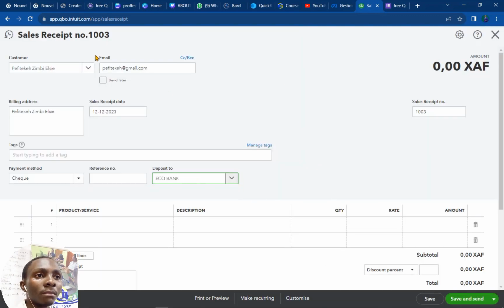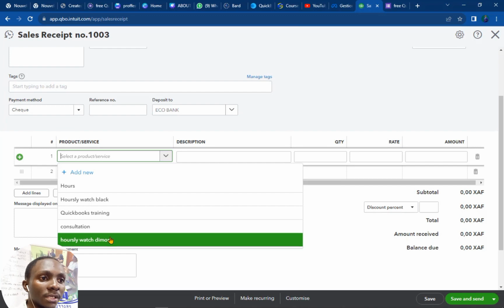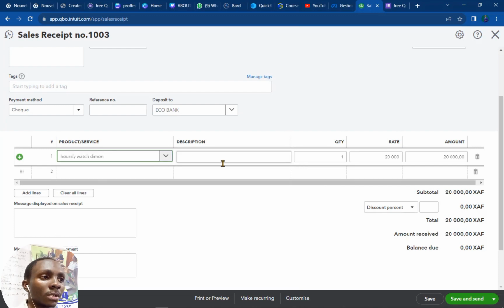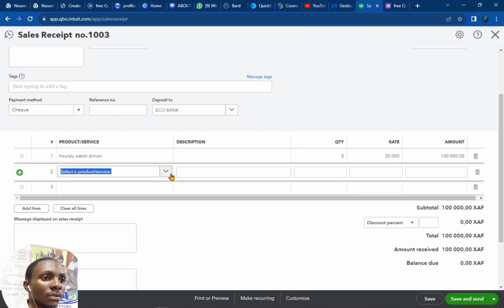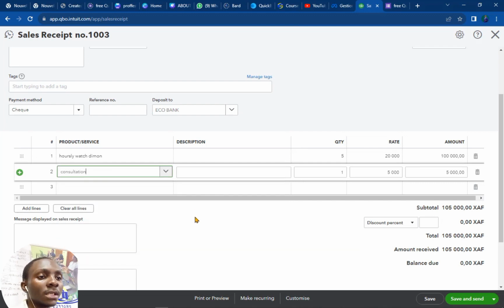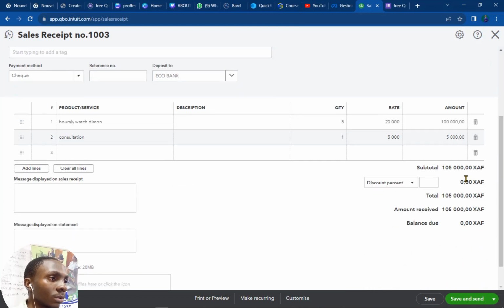From here, I am making this sale of goods and the money is entering this bank. So I will then specify the items I am currently selling. Say I am selling this watch. Say I'm selling 5 units, and this customer is equally buying, might be a consultation, so I can add in a sales form both products and services, giving a total of